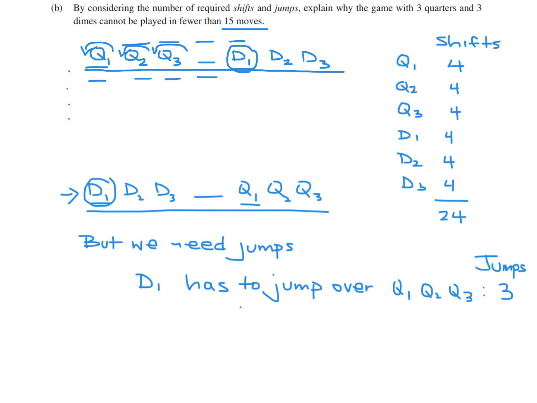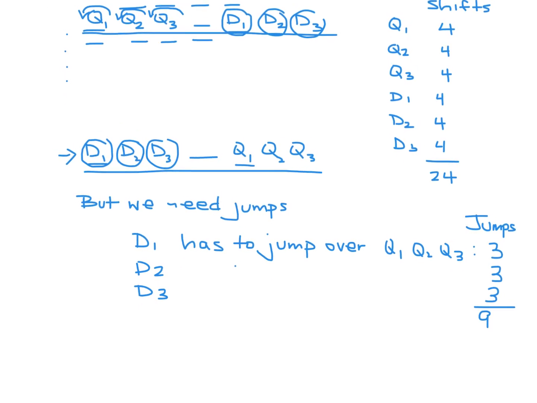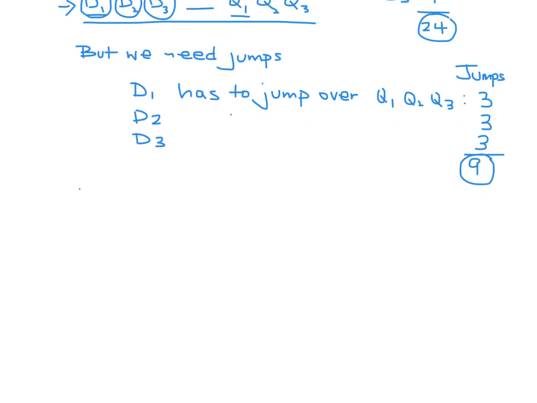3 jumps, right? Same story holds true for D2. And same story holds true for D3. So they need a total of 9 jumps minimum for these 3 Ds to end up in these 3 positions. Minimum. There could be more jumps involved, but this is the absolute bare minimum. So, knowing that we've got this 24 shifts, but we have to have these 9 jumps, we can make the following conclusion. And this is the conclusion, that since each jump